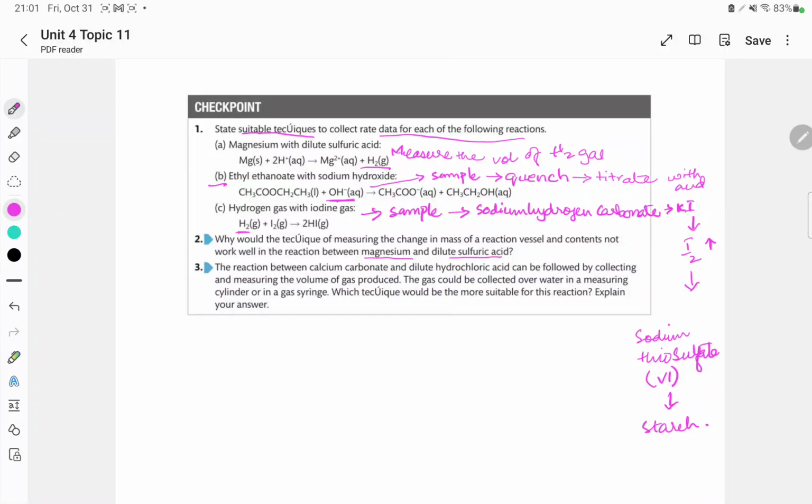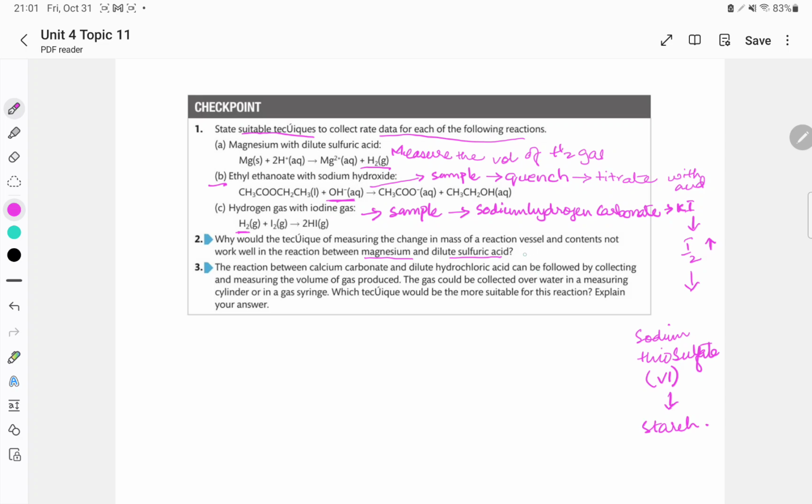So question number 2 says, why would the technique of measuring the change in mass of the reaction vessel and contents not work well in the reaction between magnesium and dilute sulfuric acid? So basically, because hydrogen gas has a very low density,